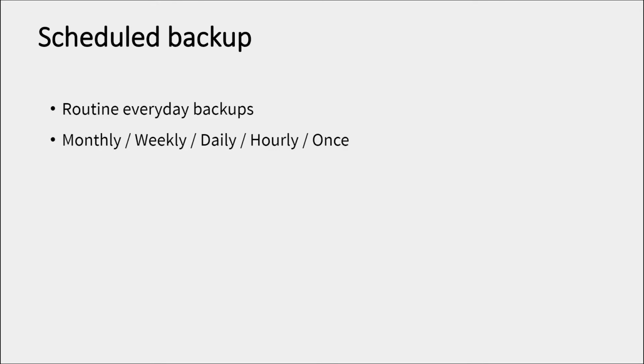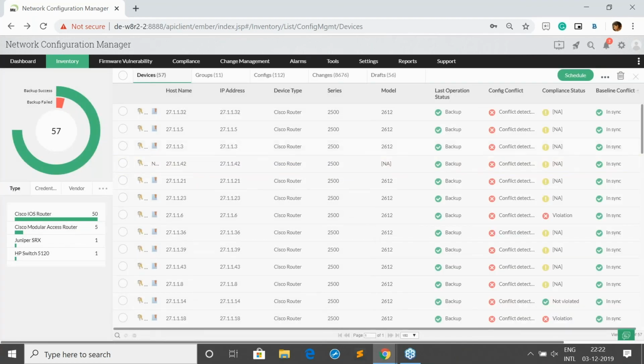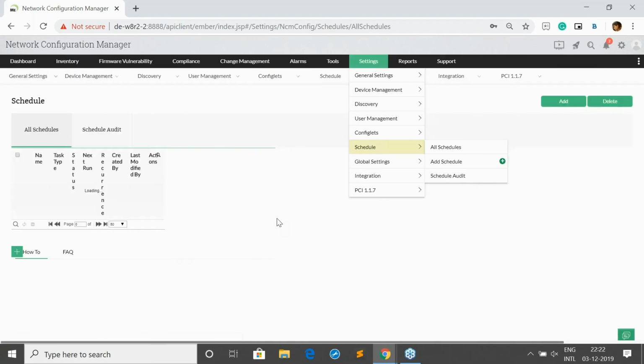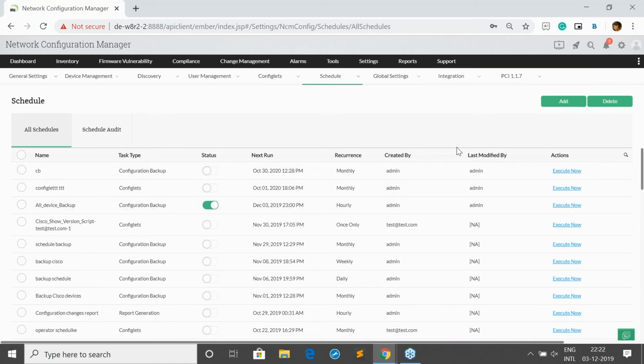Let's move on to schedule backup. You can schedule backup on a monthly, weekly, daily, hourly, or one-time basis. Let me show this to you. Click on settings and choose schedule. Here you can see different schedules which are available. In order to add a new schedule, click on add,